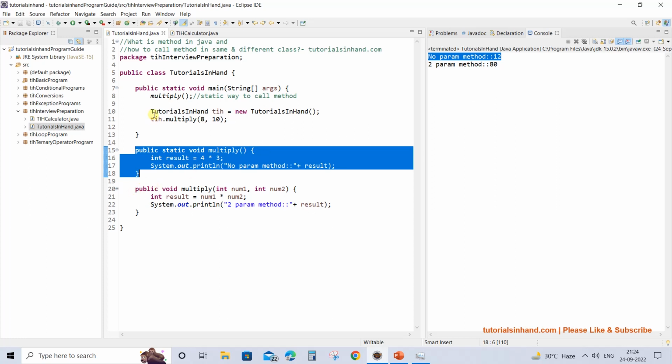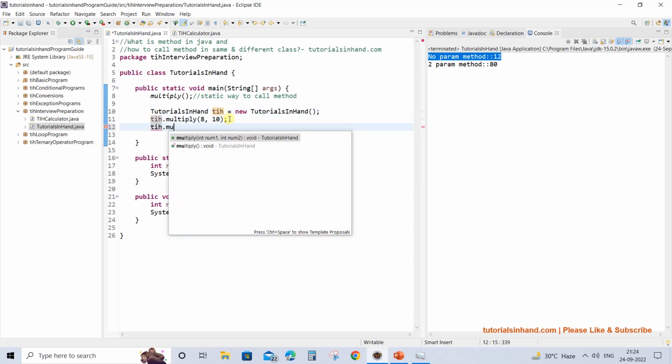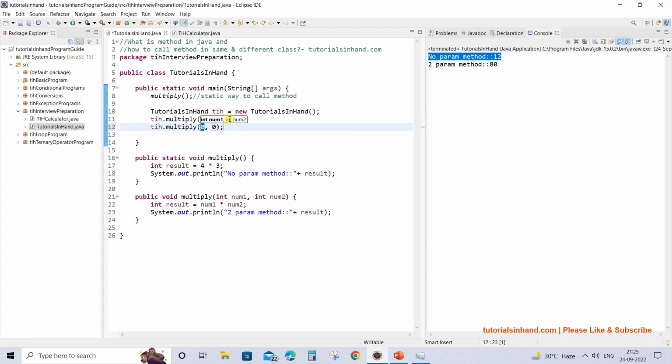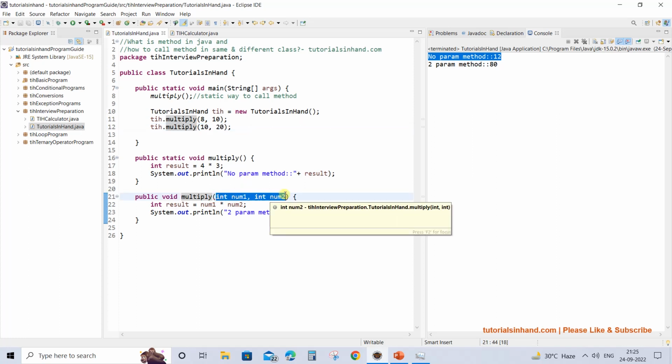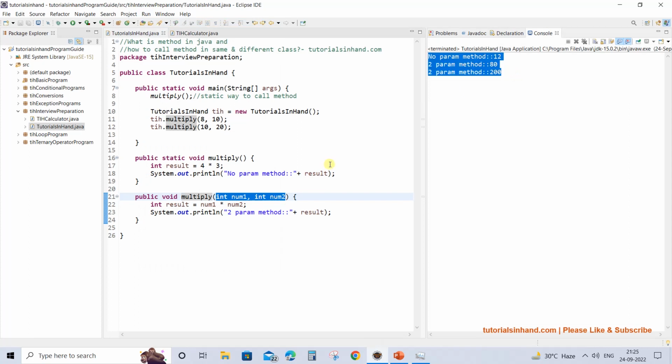So it is similar to that. And this one is something where you can pass any value, meaning a random value, and it will perform the multiplication based on those values. It does not care how many times you call it. All you have to do is pass the two parameters which it requires to perform its task. So if you give it the required input, it will perform its task. That's it. So this time it will multiply 10 into 20 and will print the result. So let's execute again and see what we are getting. So this is how it is getting done.